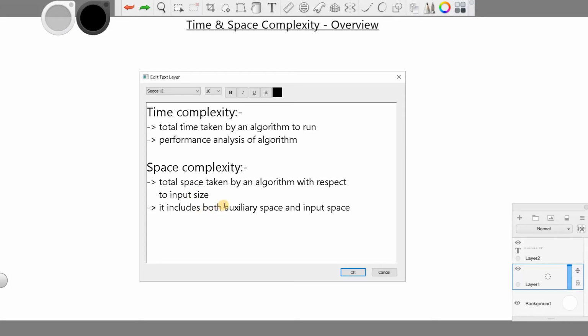So what does auxiliary space mean? It represents the additional space we create. Input space represents the input size. We can consider an array of n size; that is considered the input space. To solve some problems, sometimes we have to create some additional space. That space is called auxiliary space. So I'll just make a note for it.